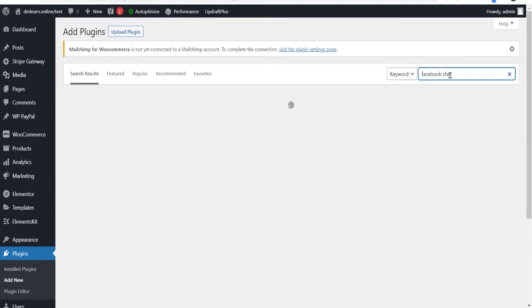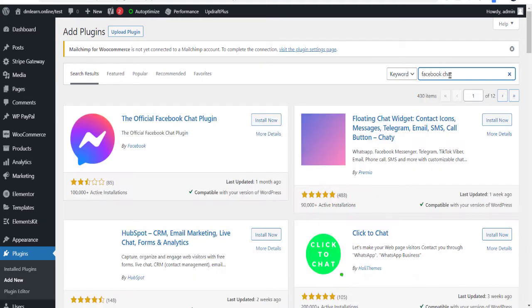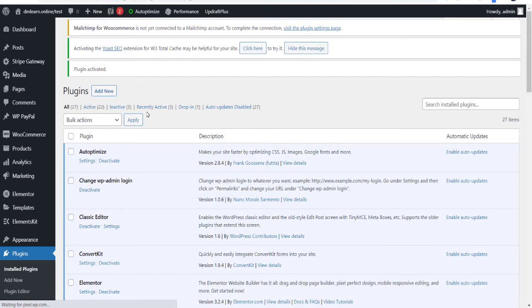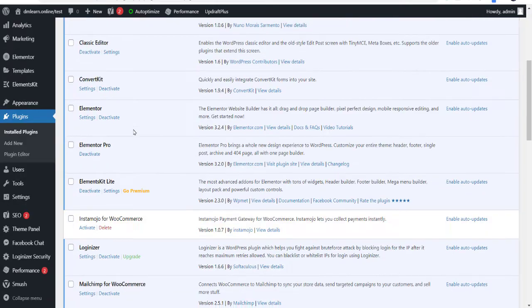There is one plugin, Facebook chat. You can add the official Facebook plugin. You just need to install the one official by Facebook. Okay, now where is Facebook?